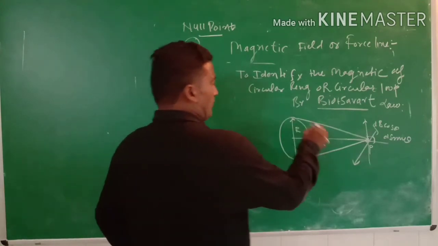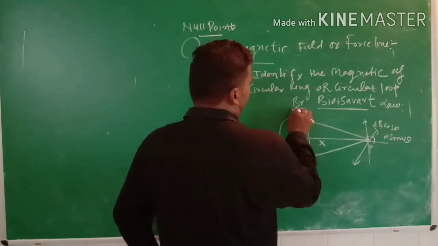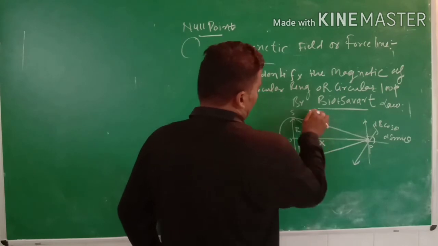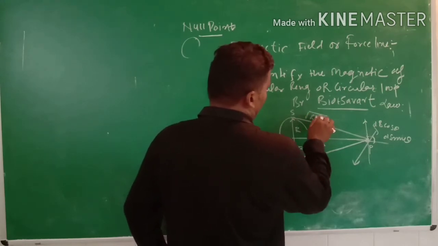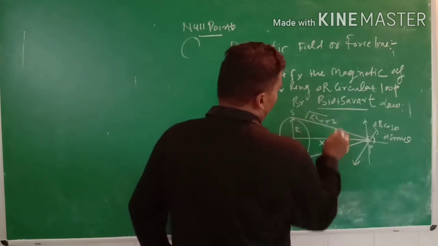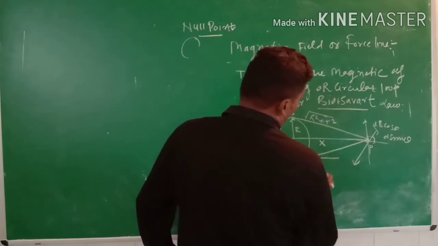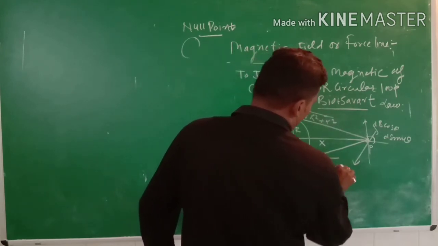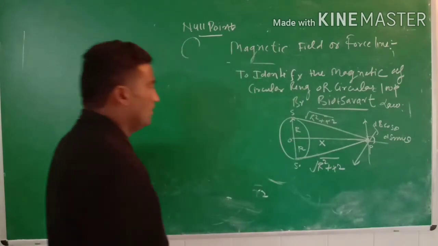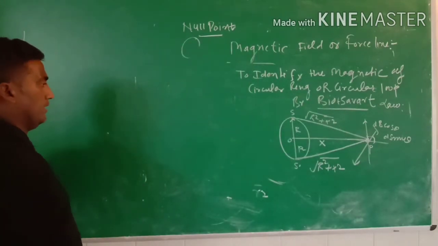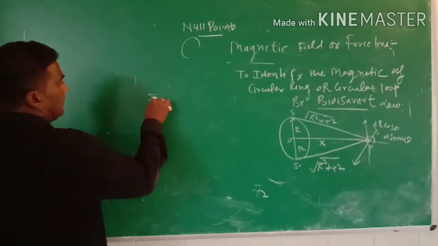Now it is formed as the circular ring. Then the value of the hypotenuse is root r square plus x square. Therefore, the magnetic field in